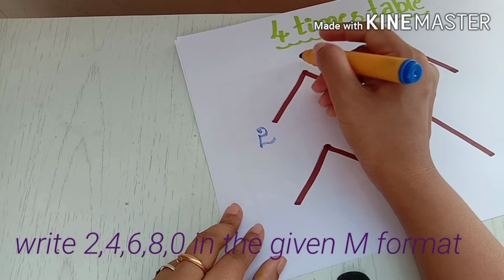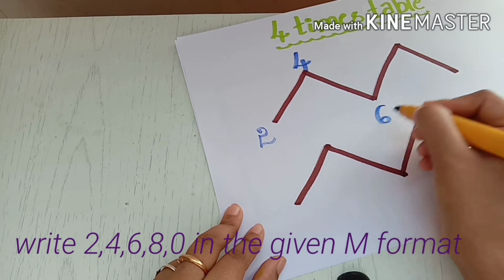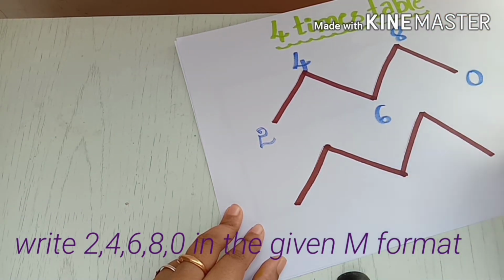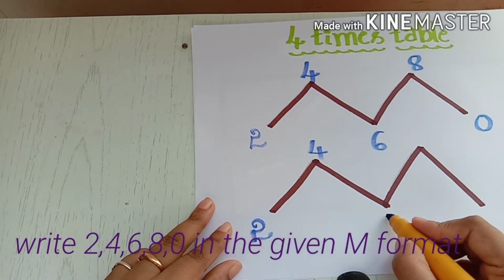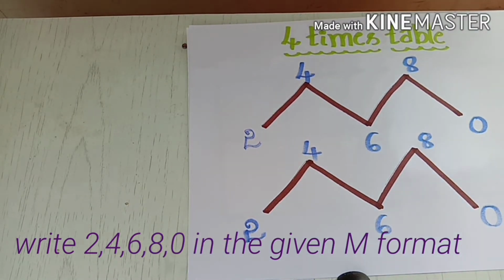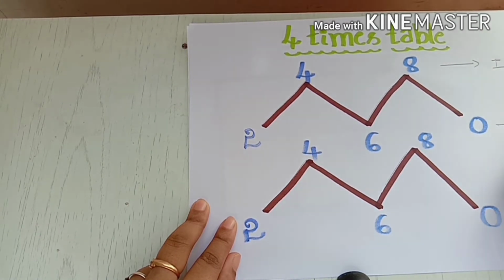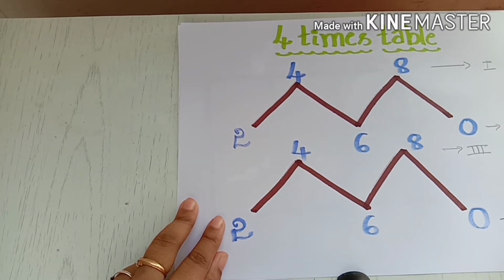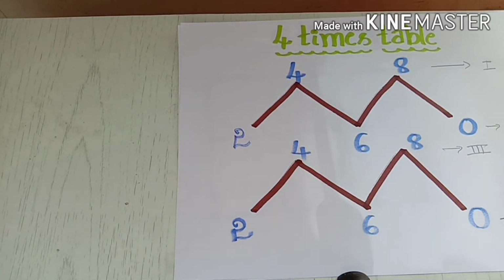2, 4, 6, 8, 0. Similarly, here also I am writing 2, 4, 6, 8, 0. Now, observe here. Now, this is my first row, this is my second row, this is my third row, and this will be my fourth row, right? Now, for this, here I am going to write down,